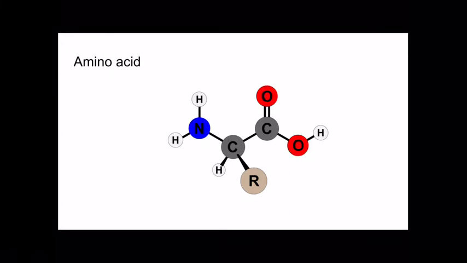So remember that with amino acids, that side group is different for every single different amino acid, and that's what gives each amino acid its slightly different qualities and different behaviors. But every amino acid has the amino group and the carboxyl group around that central carbon, and a hydrogen on that central carbon as well. That structure is the same for every amino acid. Okay, so